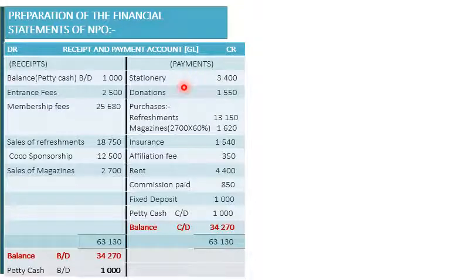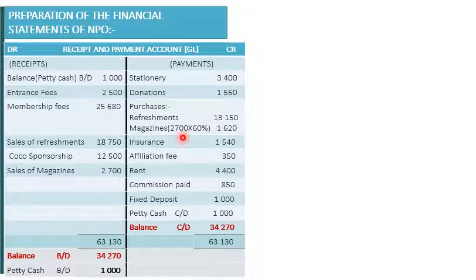Donations, 1,550. Purchases of refreshment, 13,150. Purchases of magazine, it's a calculation. We were given markup on sales of magazine of 40% on selling price. Therefore, selling price percentage will be 100%, and cost price percentage will be calculated as 60%. We will therefore take 2,700, multiply it by 60% to arrive at the cost of